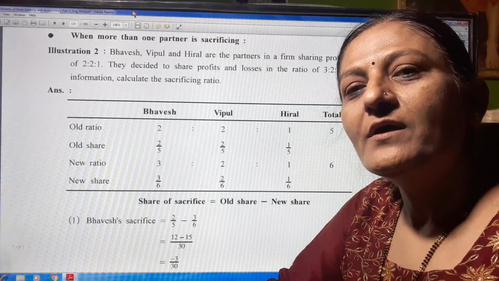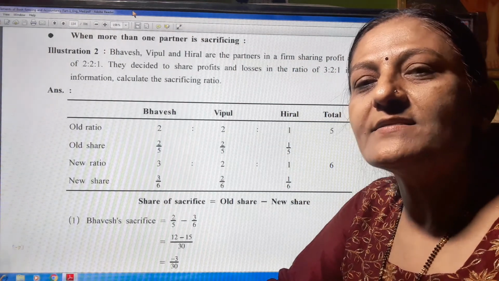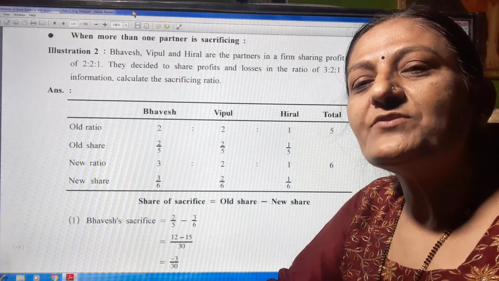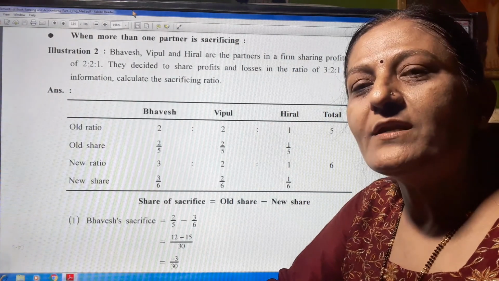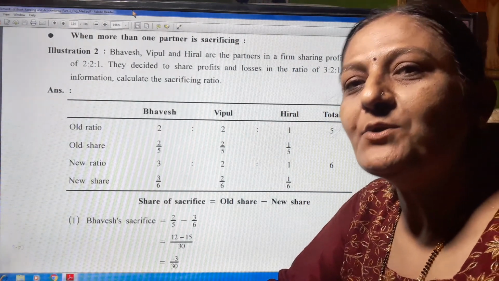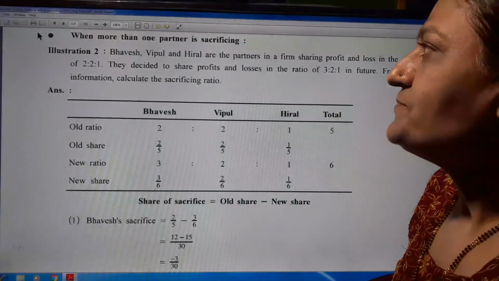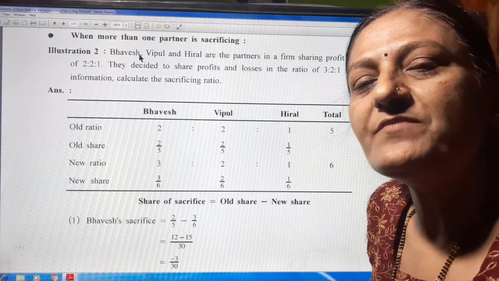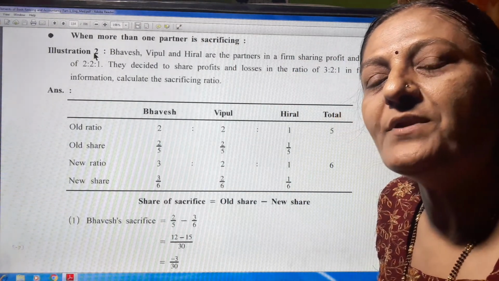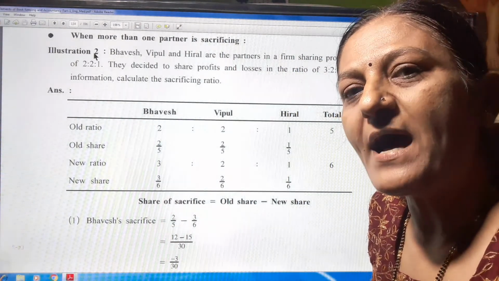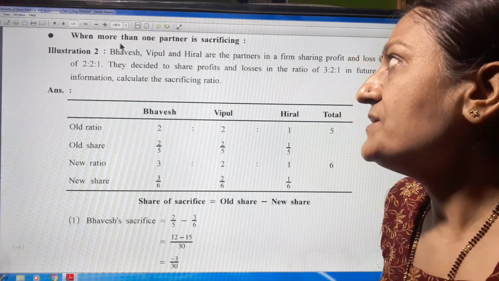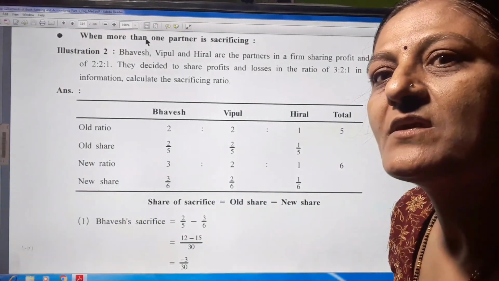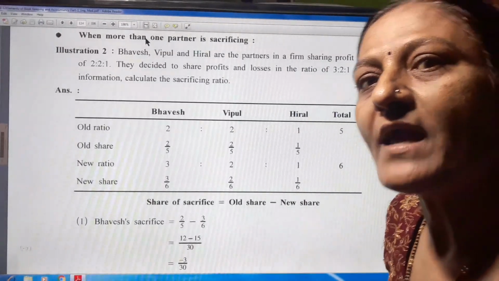Chapter 4, Reconstruction of Partnership. In the previous lecture we already completed up to illustration number 1. Today let us start illustration number 2. Here, more than one partner is sacrificing. In the previous illustration we covered one partner sacrificing. Here, when more than one partner is sacrificing, so at that time,